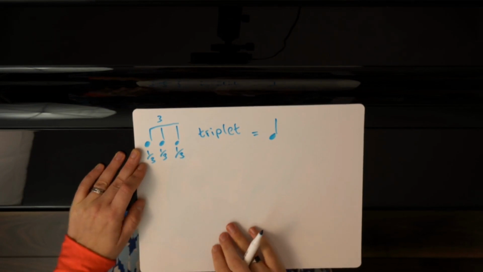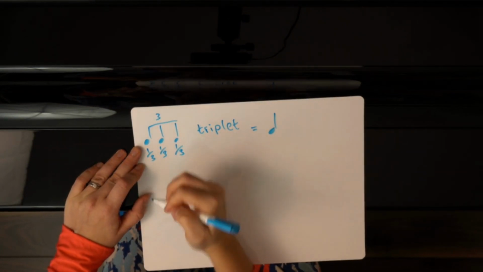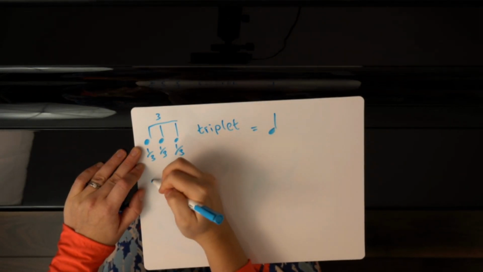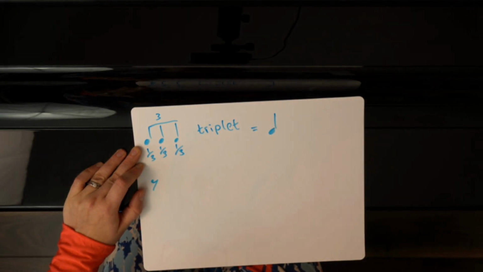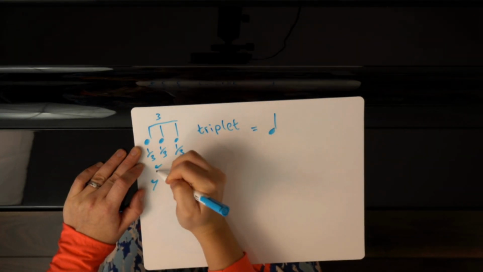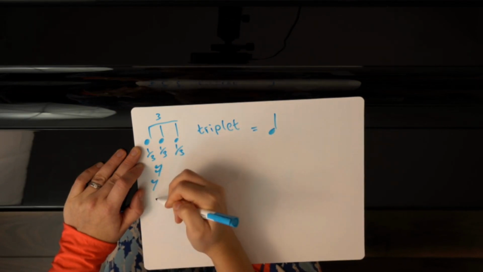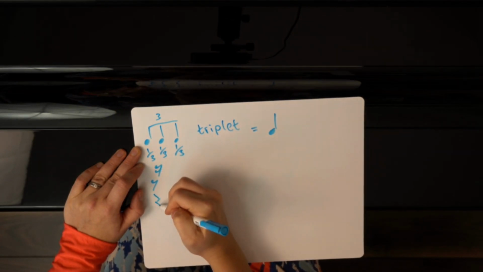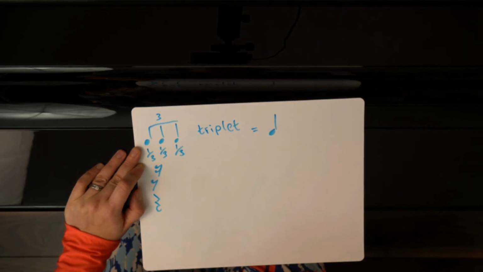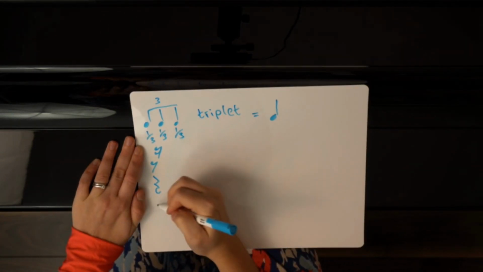Our rests then match our notes. So for our quaver rest, it looks like that. If we want to make it a semiquaver rest, we have 2 of those little guys on the side. The crotchet rest is normally the hardest for most people to draw. That's the squiggly one. And then we have a minim rest